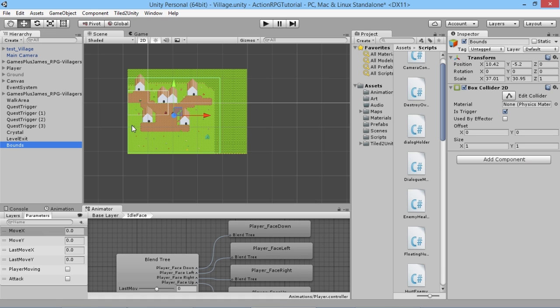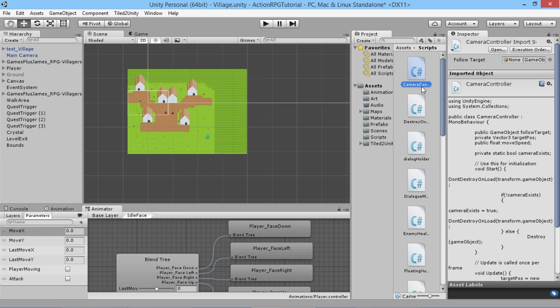It's very simple when you see it in action, so the best thing to do is probably just to dive into it and start adding it to our camera script. So we'll go into our camera controller script. We'll open this up in MonoDevelop,